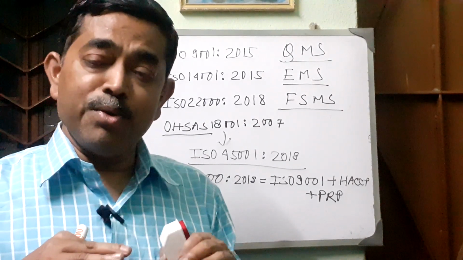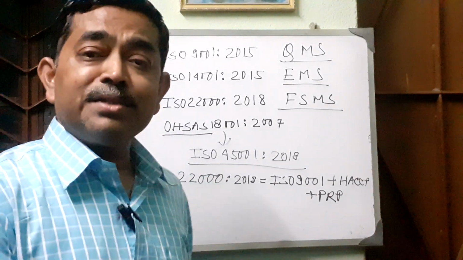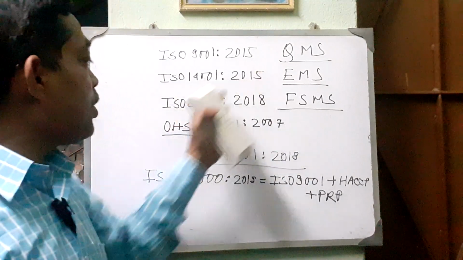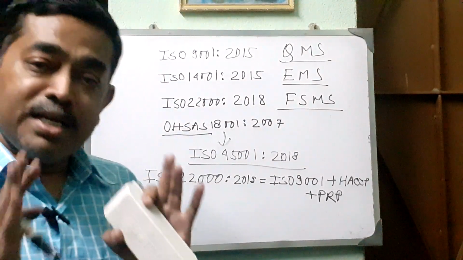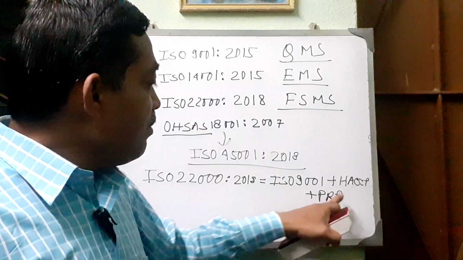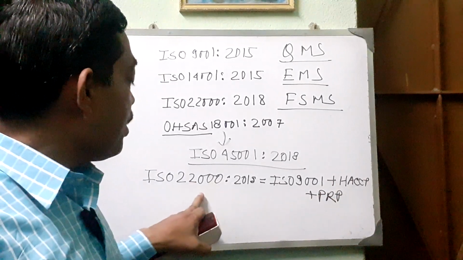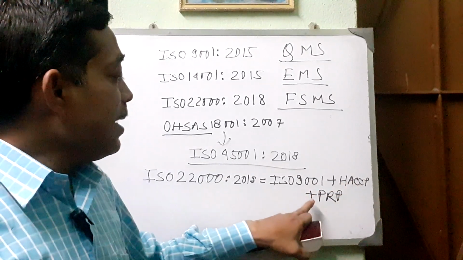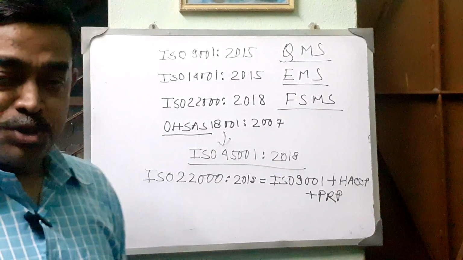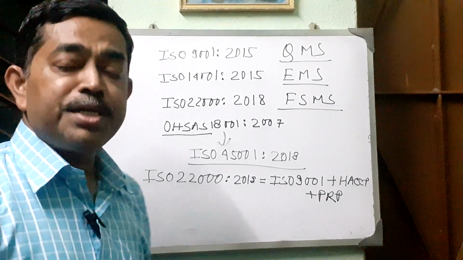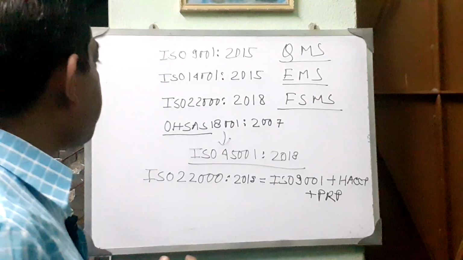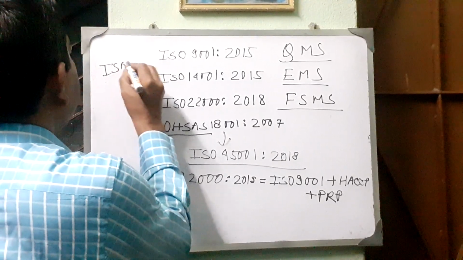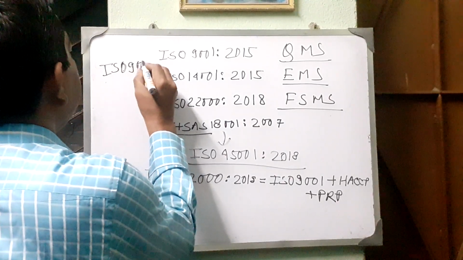Sometimes we get confused about the difference between standards like ISO 9001 and ISO 22000. I have told you that ISO 22000 is ISO 9001 plus HACCP and PRP. And another confusion among us is ISO 9000, ISO 9001,